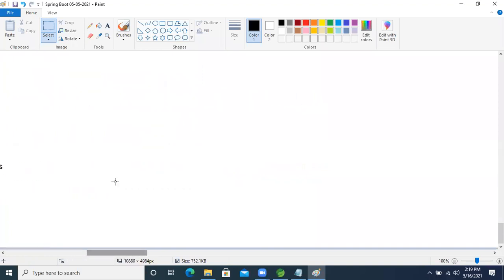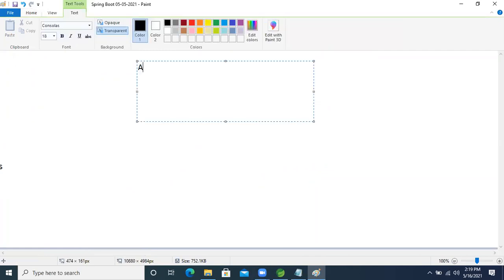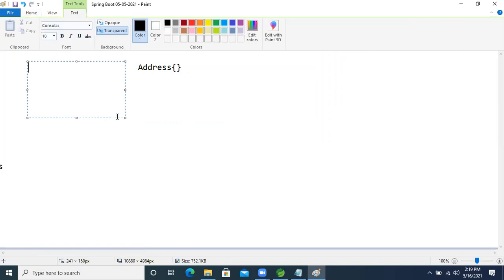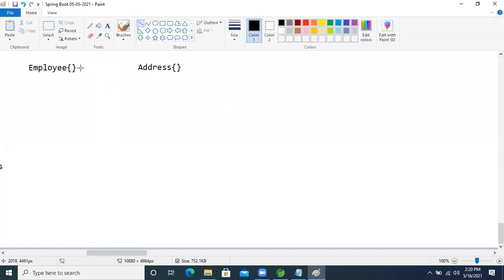So based on this concept, just think about that we have one employee class and one address class. Between this employee and address class there is a has-a relation.